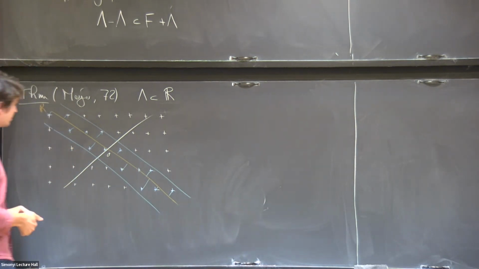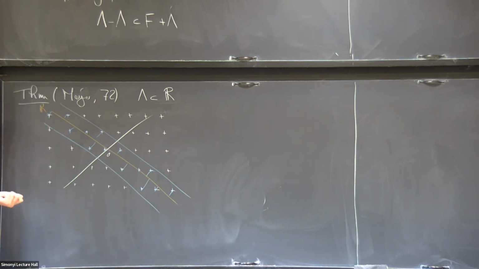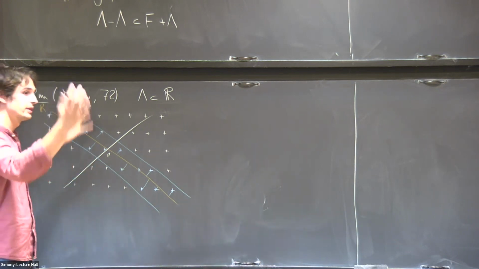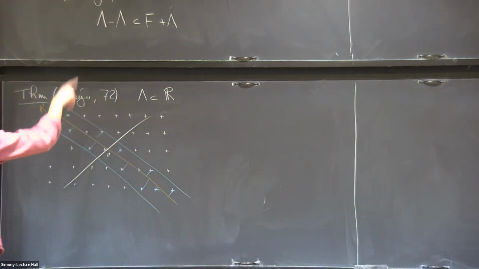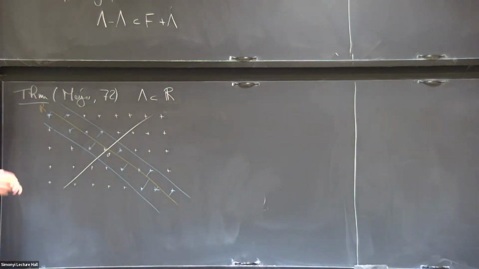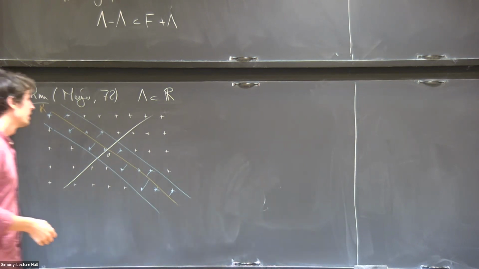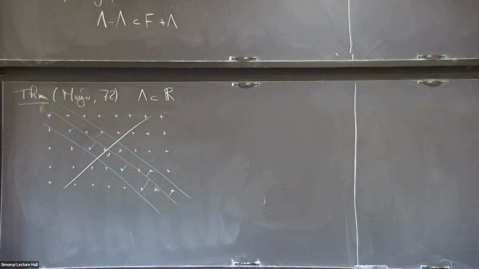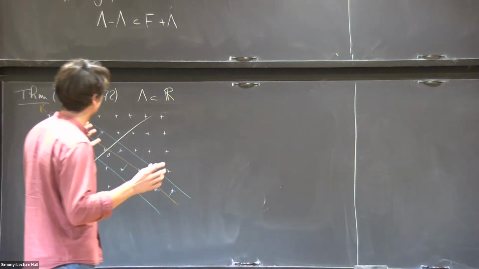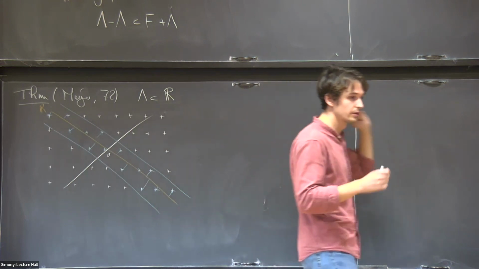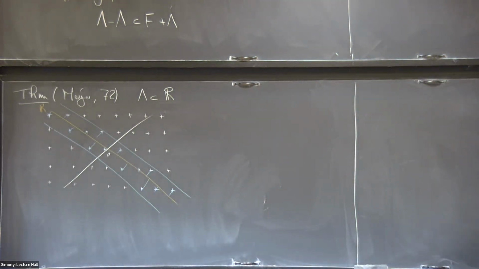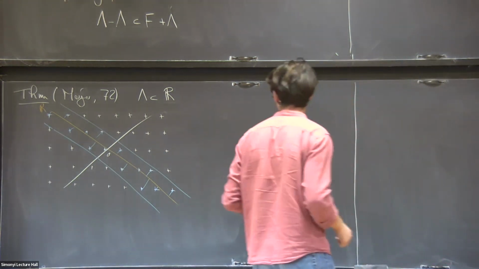It's not too difficult to show. And in fact, Meyer proved that this is the only way to construct Meyer sets. So you might have to go to higher dimensional space, maybe with n as large as you want, and this works also for lambda in Rn for n as large as you want, but essentially that's the only way you can do it, and that's called the cut-and-project. Okay. Can I ask a question? Yeah. So is the number of dimensions that you have to add related to how large is the set F? Yeah, it is. So essentially, the heuristic is that the log of the size of the set F is going to be the dimension, roughly. There's a trick, but roughly.